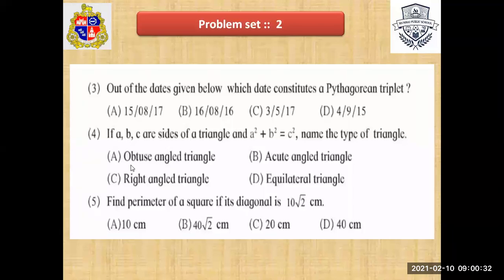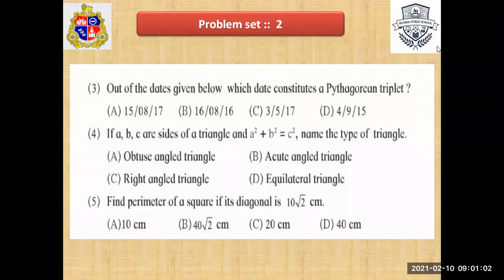Students, here see, first we discuss what is meant by obtuse, acute, right angle, and equilateral triangle properties. Obtuse angle triangle: as we know that the sum of the angles of a triangle is 180, so in an obtuse angle triangle, one angle is more than 90 degrees. In this condition, the sum of the two angles is less than 90 degrees. Here the sum is less than 90 degrees. Here it is equal to 90 degrees. And in an equilateral triangle, all angles are equal to 60 degrees.